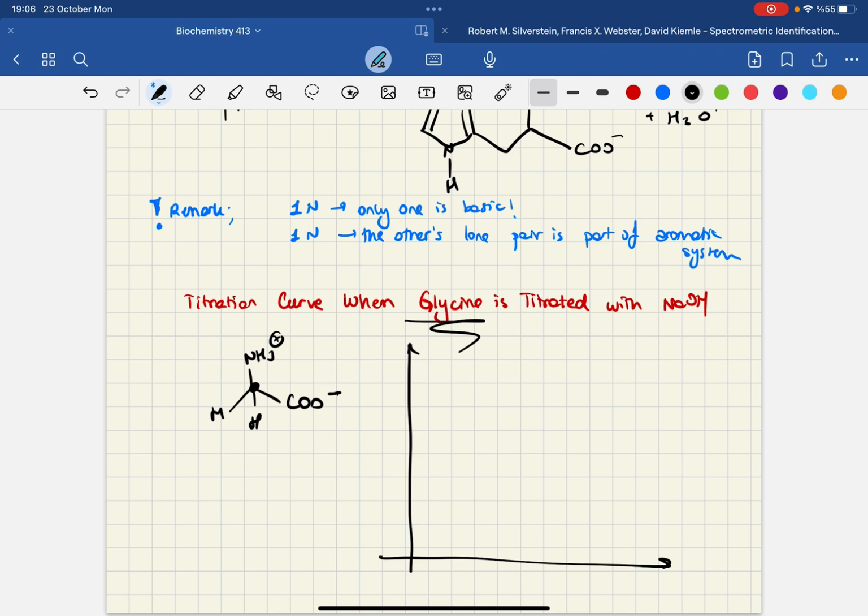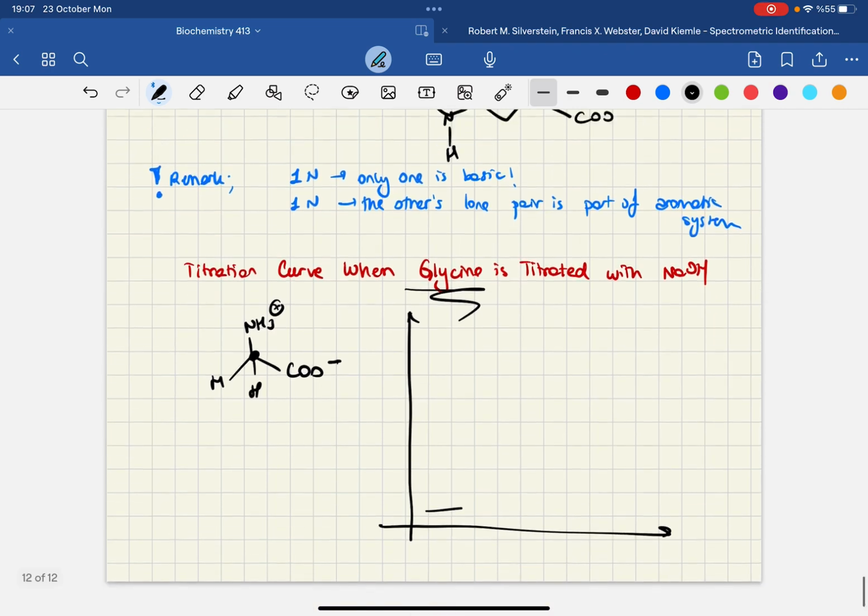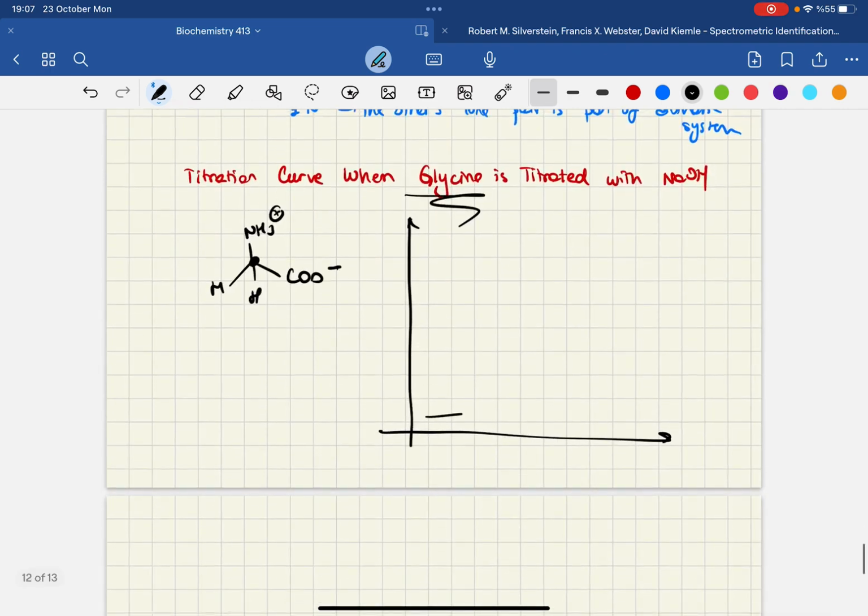That means that it's not acidic, not basic property, and then it means that we will have, first of all, both of them, as it's very, very acidic, both of their hydrogens will be taken by the base, and then we will have at this point over here